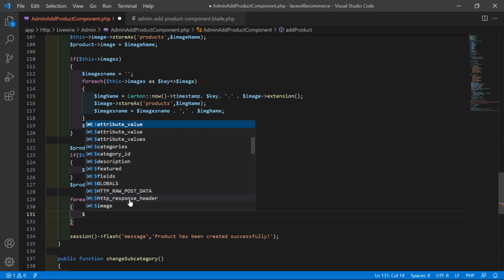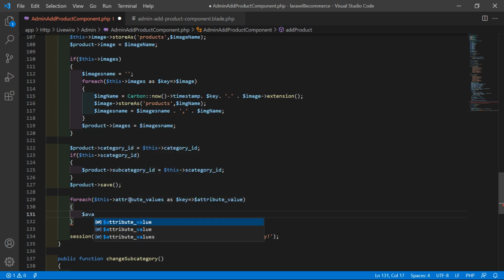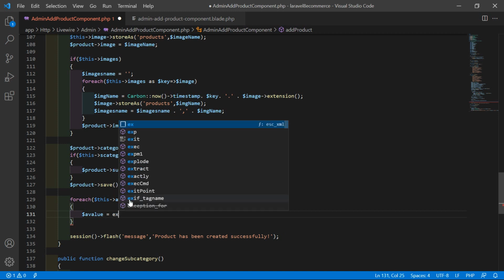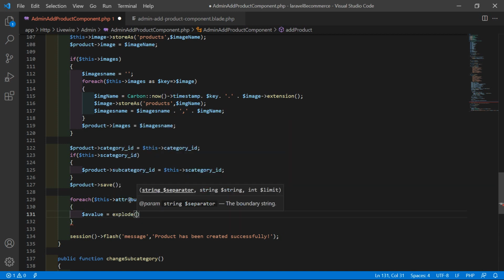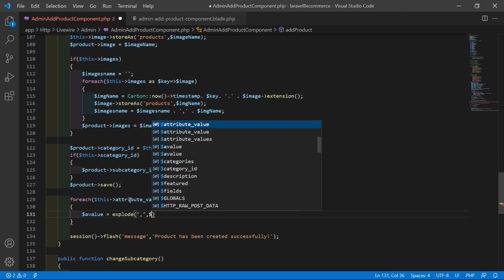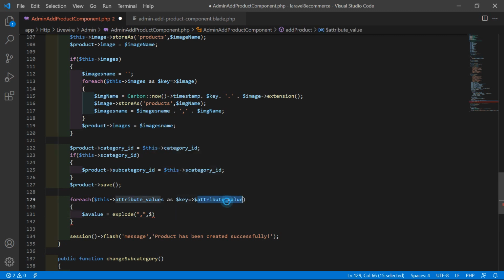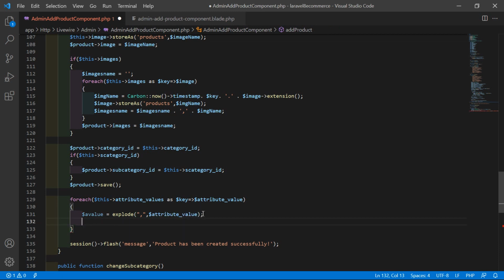Now let's create a variable here, value is equal to, use here the explode method and add here the separator comma then $this one. Alright, now add here another foreach, and inside this just write here a values, this one, $a_values as $a_value,